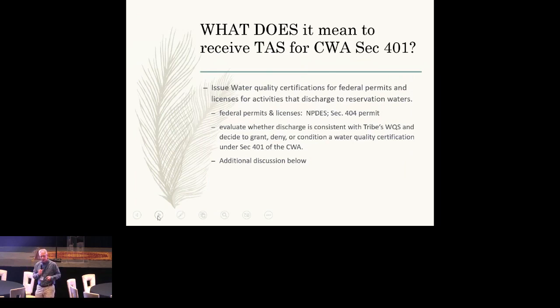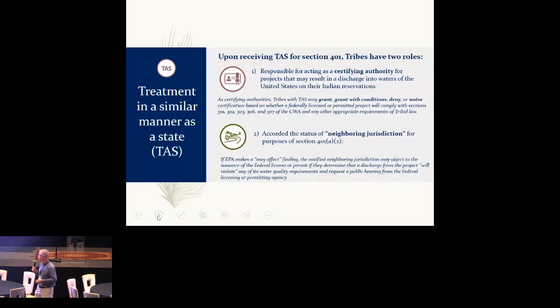So I'm going to talk a little bit about the new changes in the rule to the certification process. The certifying authority has this responsibility to make a decision. There's another part of the 401 process, which is under section 401(a)(2), and that's the neighboring jurisdiction. And I think we've mentioned this in some other sections, so a lot of this may be repetitive, but what 401(a)(2) does is it allows the certifying authorities who are downstream of another certifying authority